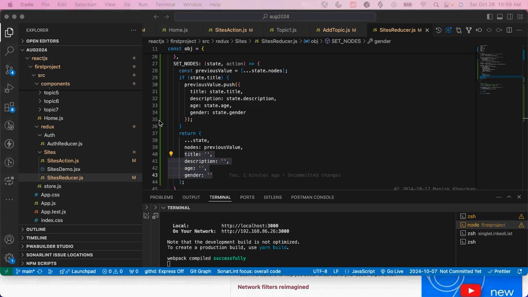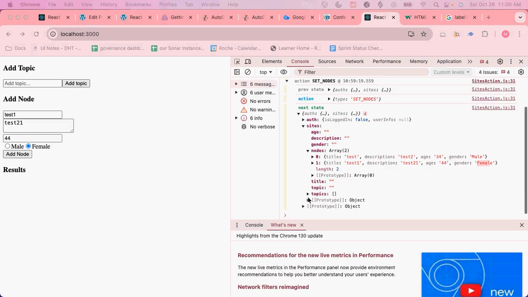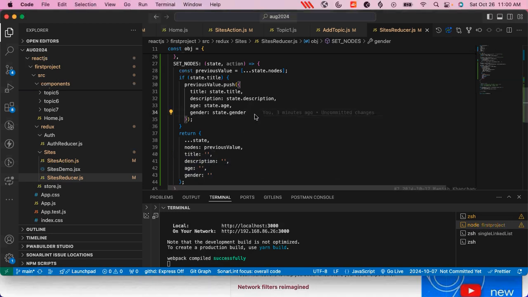Okay, so now the next task is how to get the data which we already have in the redux. So for example, if you want to show these results here, you should take it from the topics and show it here. So we have to retrieve the data. That is what we will do now. That is the main task. Okay, so to retrieve the data,